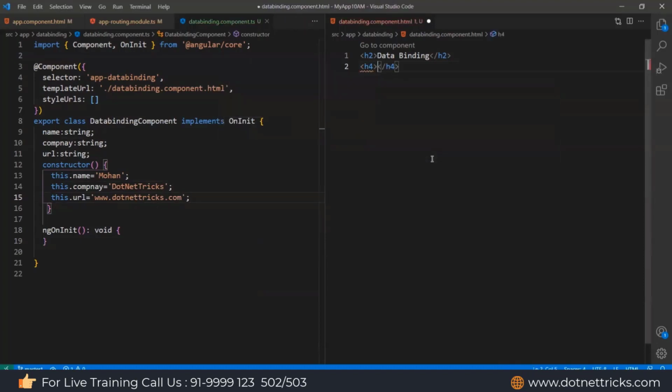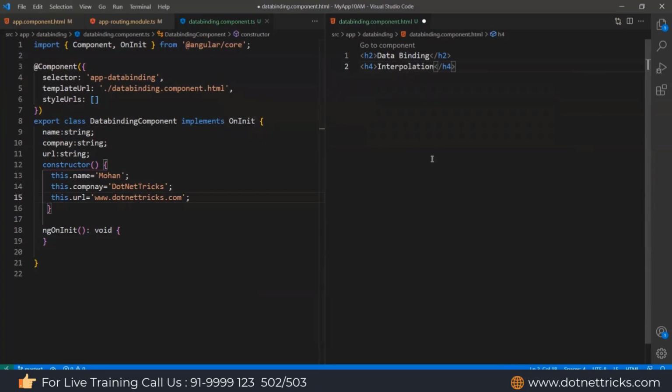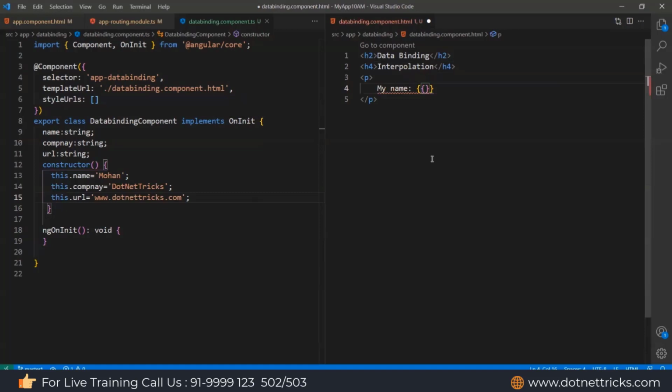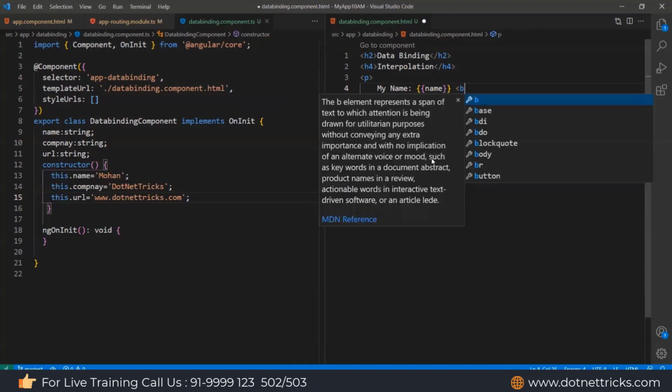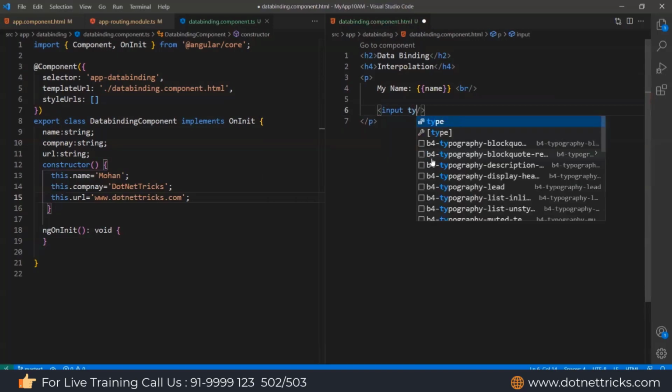This way. Now let's say you're willing to bind these values over here. What I can do is use the syntax for interpolation. In interpolation, we use double curly braces. So I'm using, let's say, my name, and I can use name this way. And here I can show this name inside a text box as well. If you're going to bind a text box, I can use an input.